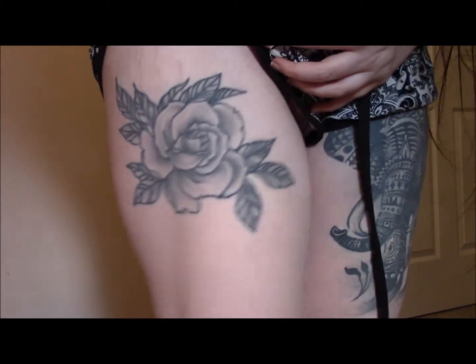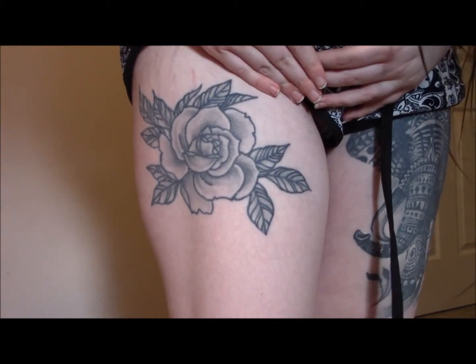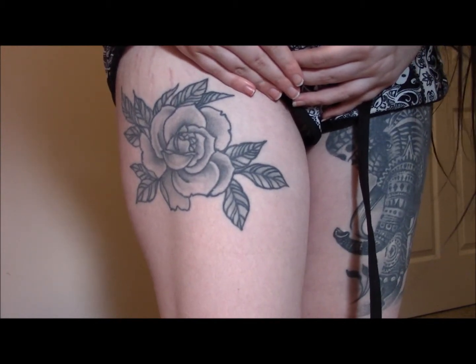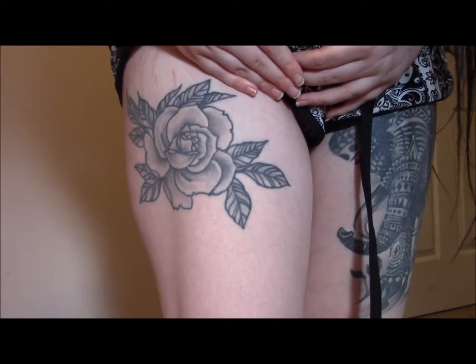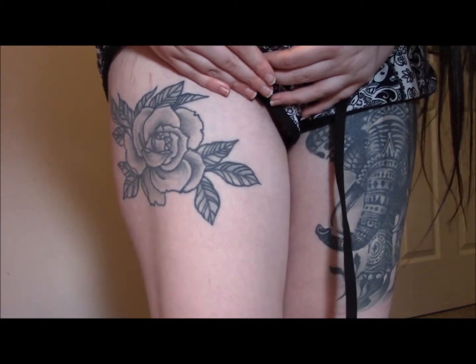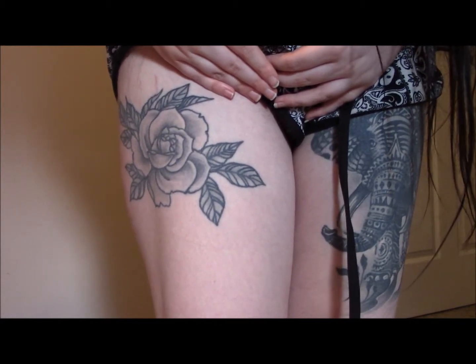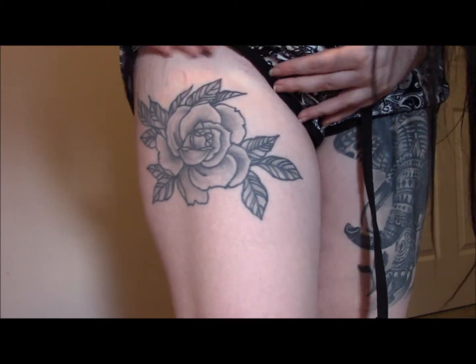And then this is my rose tattoo, and I got this as my second tattoo because after I got my first one, I kind of realized that it wasn't as bad as I was expecting, so I went for something bigger, and I settled for a rose because roses are my favorite. So I thought that would be a perfect time to get a rose on me,